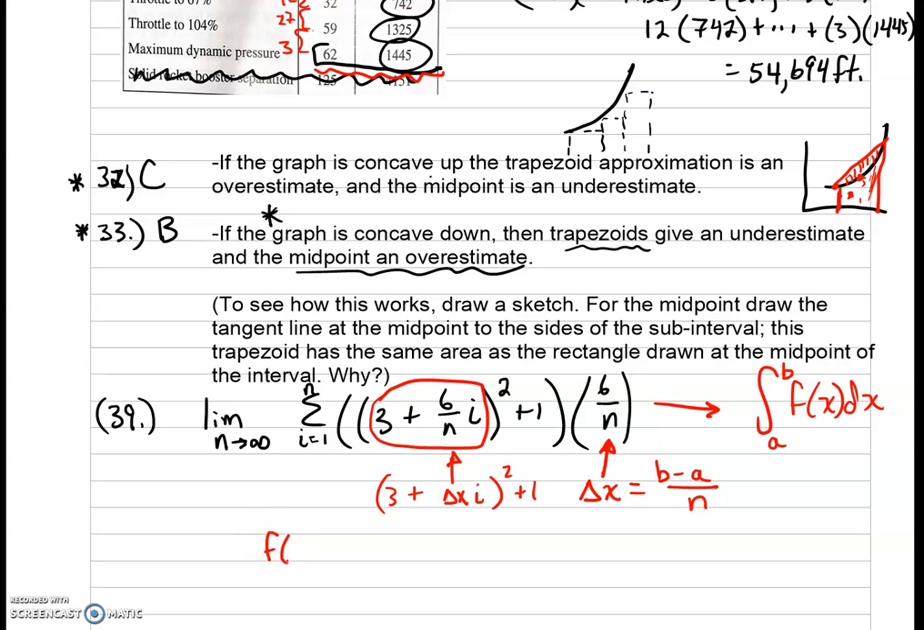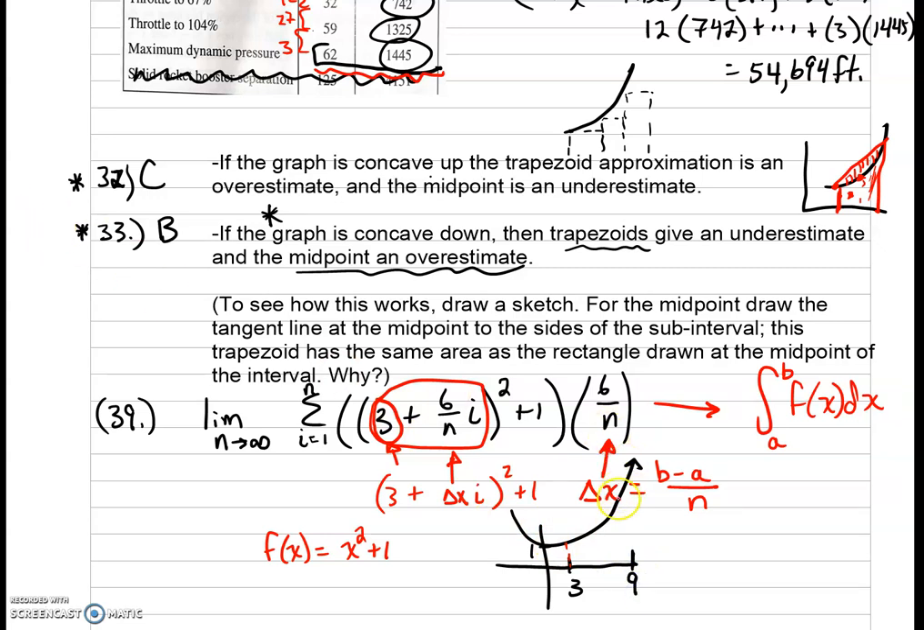What this is actually saying is, think about the curve f of x equals x squared plus 1. If you think about what that curve would look like, it would be a parabola. And I'm going to give you some more guidance on this in class, but this number here is always going to be our a. That's going to be where we start. If we start this at 3 and we go until 9,